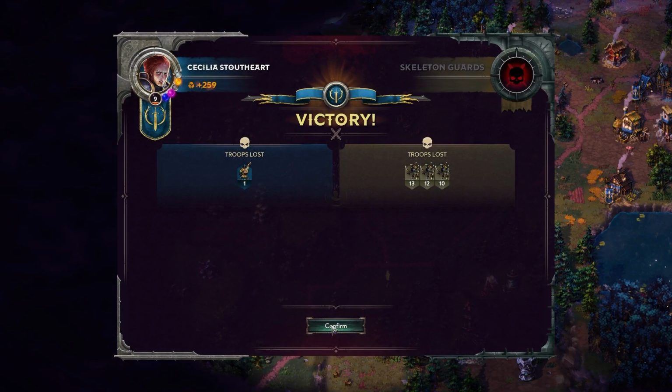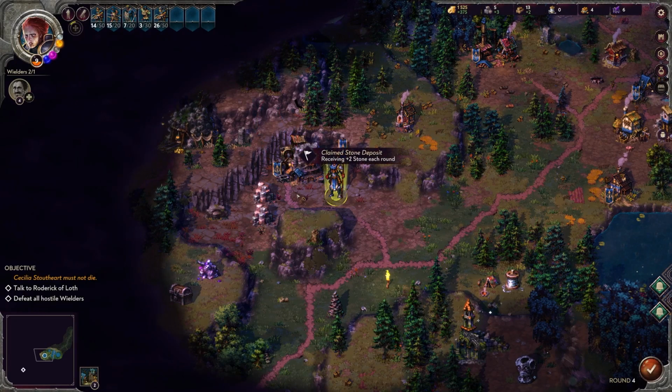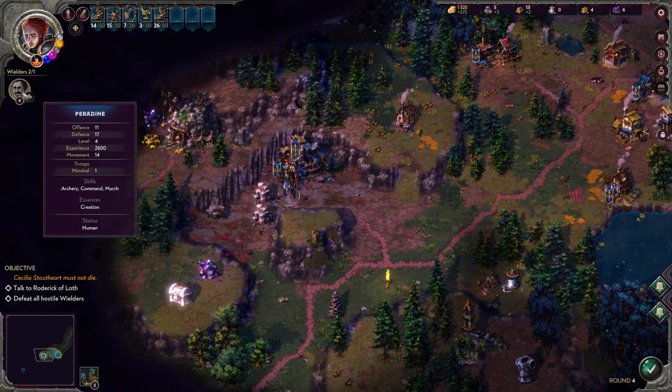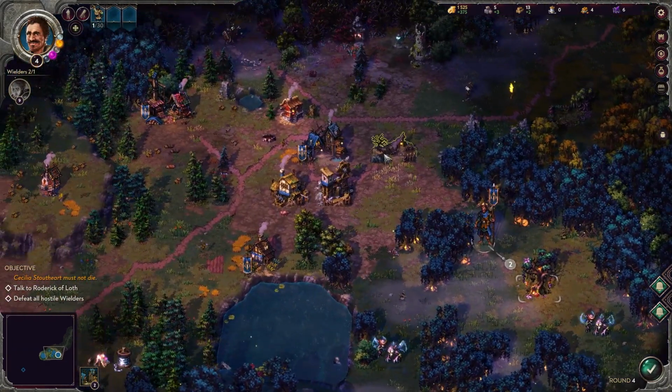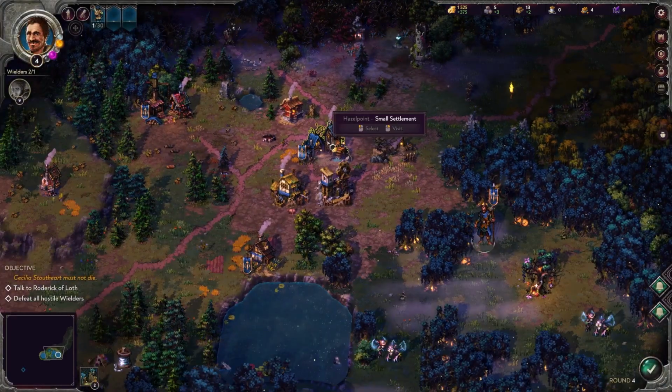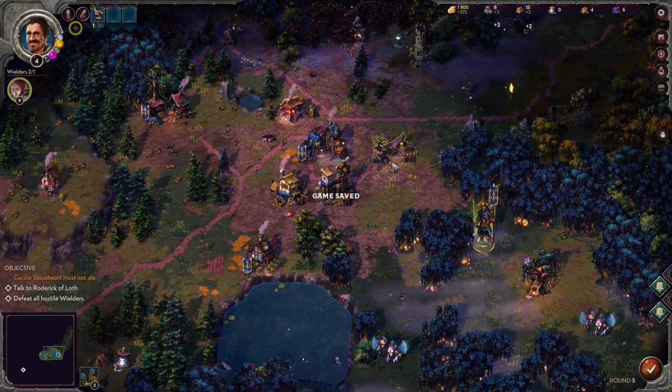Good fight. Good fight. Now we've got ourselves a quarry over here. We got some stone. That means that we can... Oh wow, we're right next to it. Please, man. Please, please, please. We can get this now when we get the gold that we need. So within the next turn, we'll be able to get that. So if I pass now...